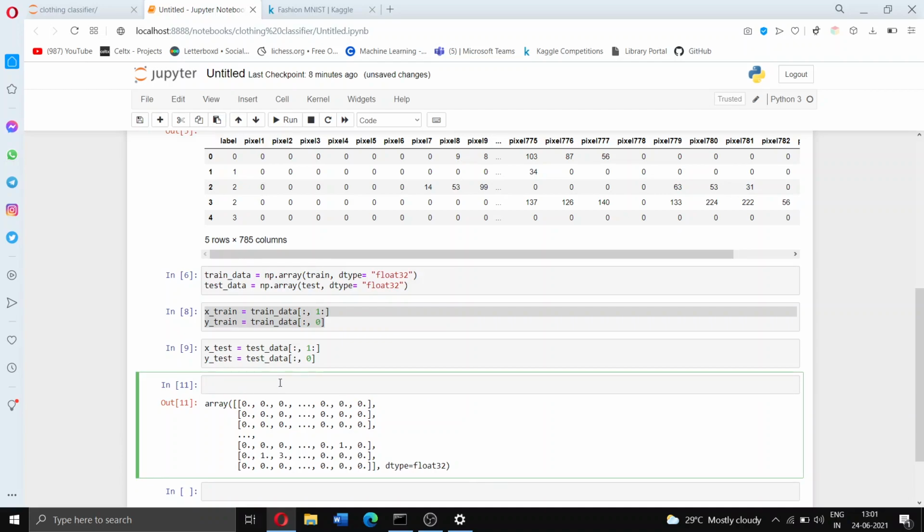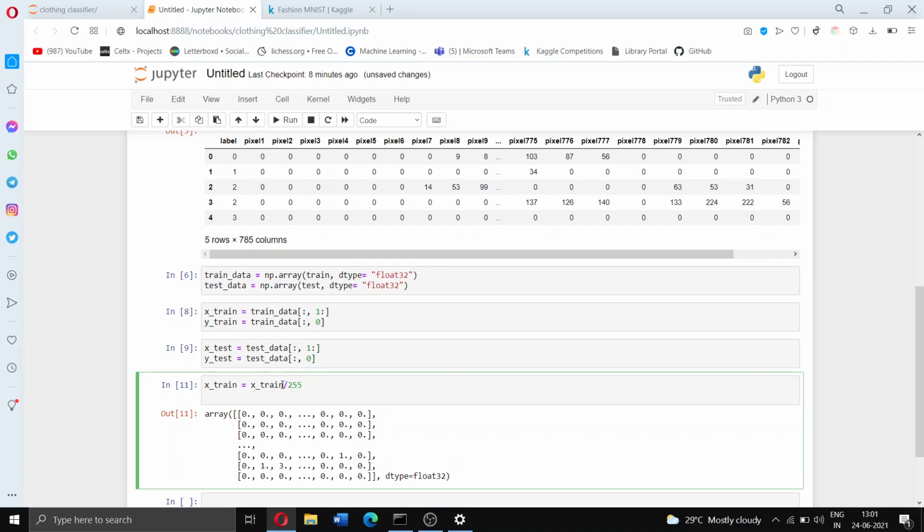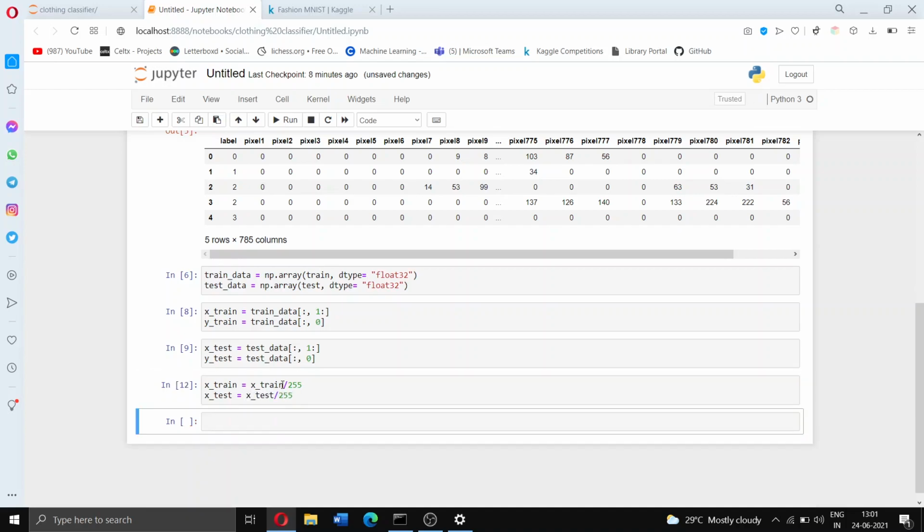Okay, great. Now the next thing is, you might know this already, but since all the pixels are from 0 to 255, it's not really a problem, but when you input it into a neural network, it's always much better to scale it down from 0 to 1 instead of 0 to 255. It's a very common step. So what we're going to do is x_train equals x_train divided by 255. Since it's a NumPy array, this automatically divides everything by 255, which is very convenient. Yeah. So now all the pixel values are scaled from 0 to 1 instead of 0 to 255.